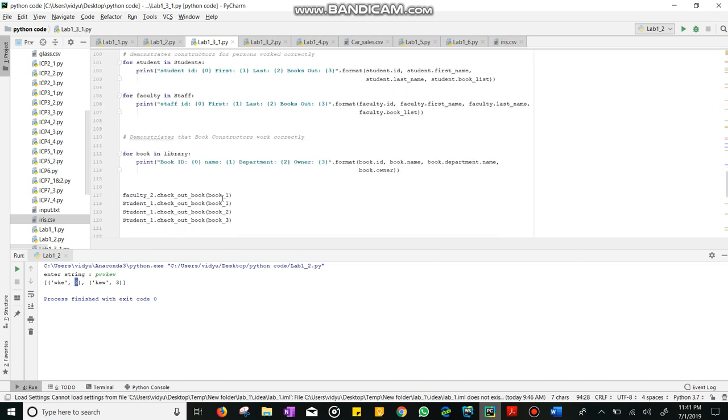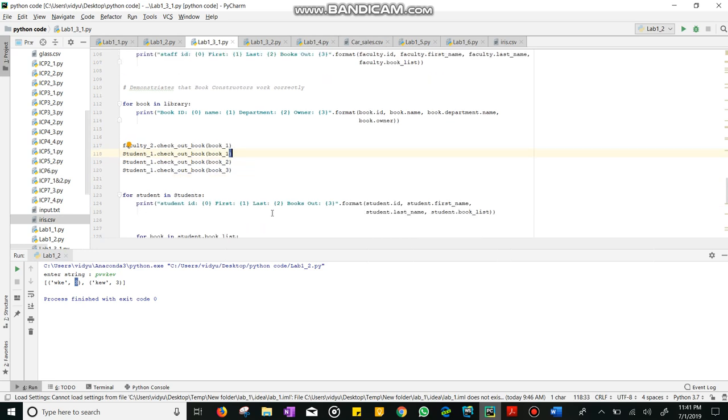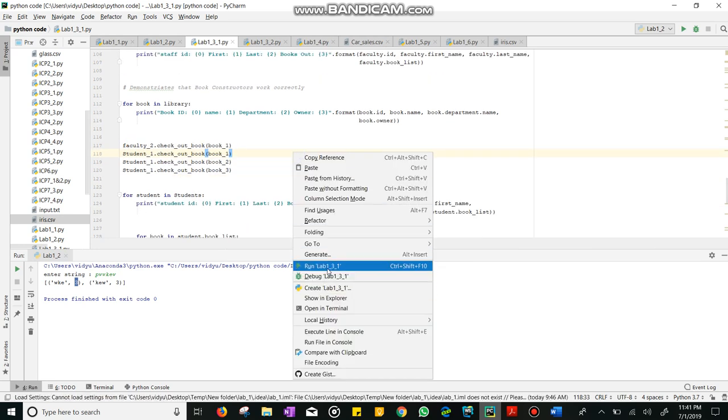So, and then for one book, you are going to check out book one, book two. So if faculty two wants to check out book one and student one also checks out book one. So once faculty one has checked out book one, student one cannot check out book two. So when you run the code,